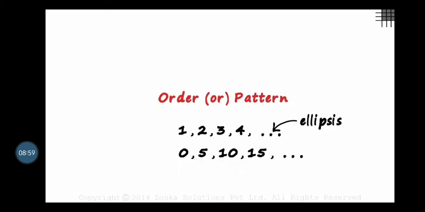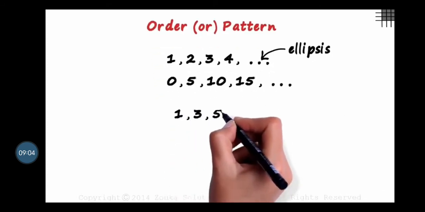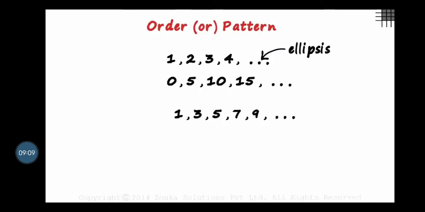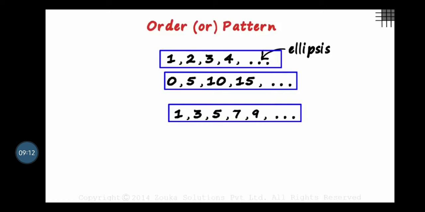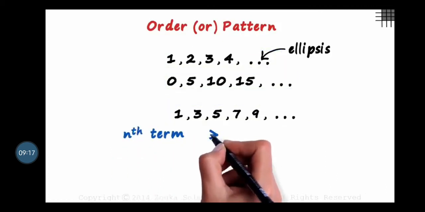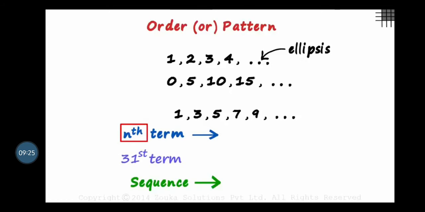Let's take an example of a sequence which has an increment of 2, like 1, 3, 5, 7, 9, and so on. For your exams, there are just 2 things you need to know about any sequence. First, how do you find the nth term of a sequence? And second, how do you define the sequence? What do I mean when I say the nth term? Say I ask you the 31st term of the sequence. You have no time to write all the 31 terms to find that out. We need to have a formula, and yes, we have one.